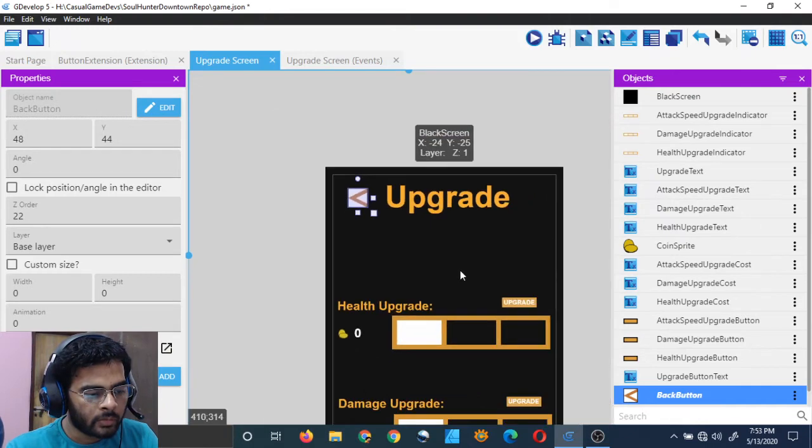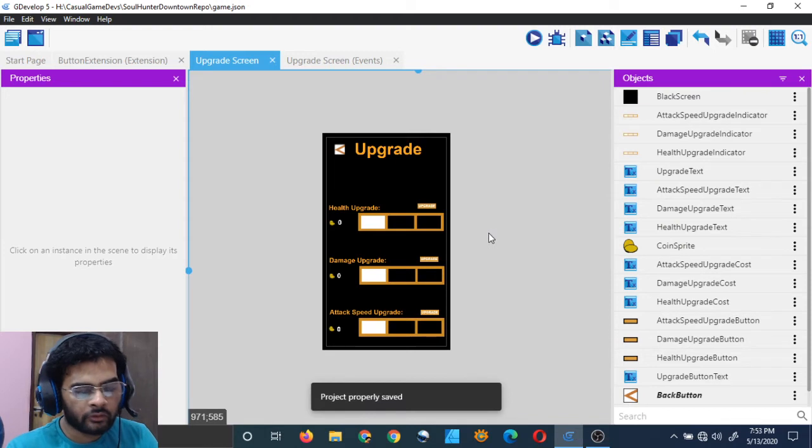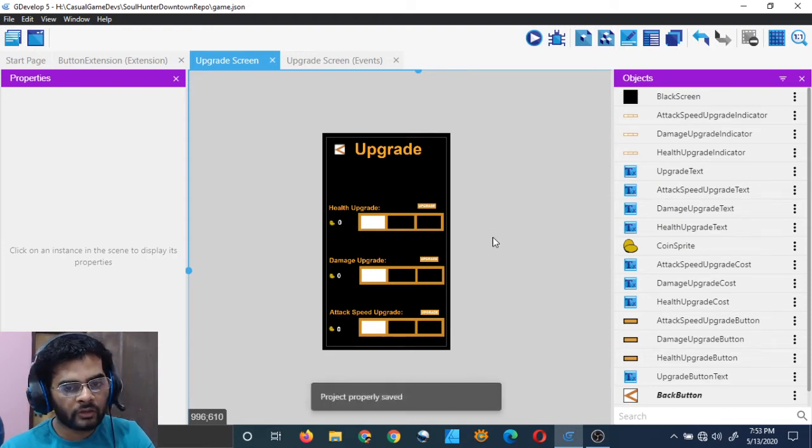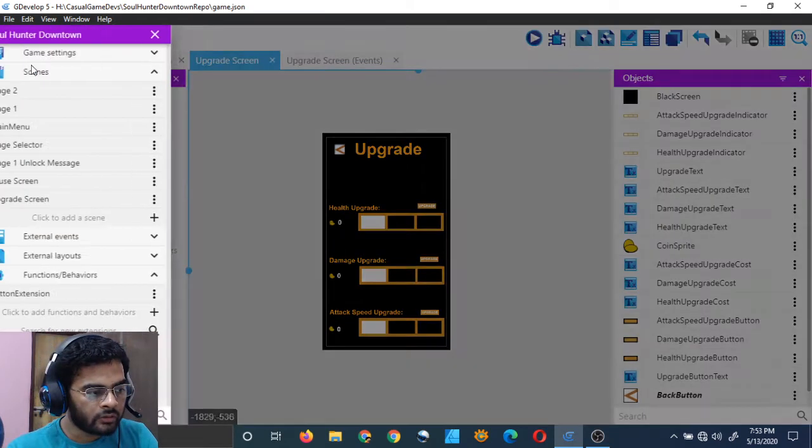There it is, a back button, but we also need to actually go into the upgrade screen from somewhere. I believe we should make the functionality of going into the upgrade screen from the main menu only, right? From the main menu. So let's go to the main menu.